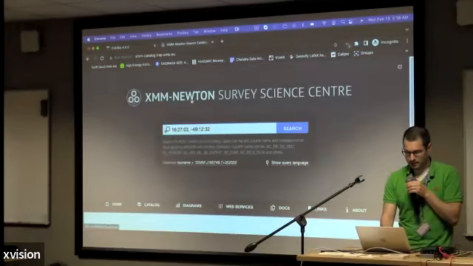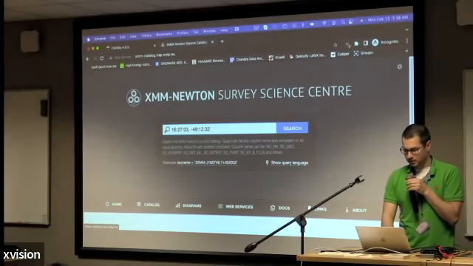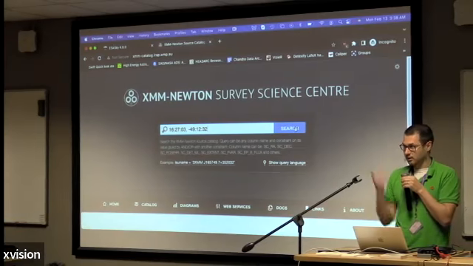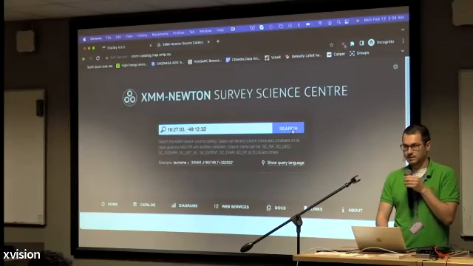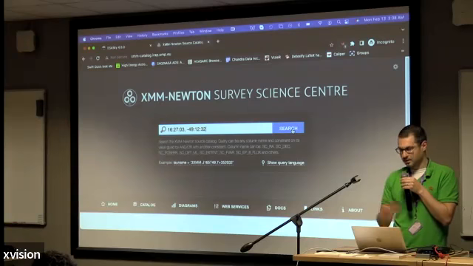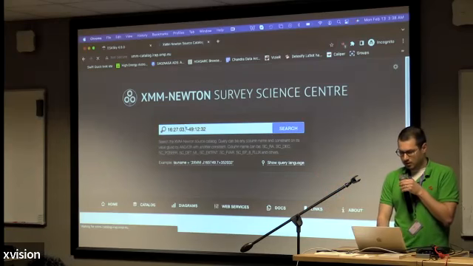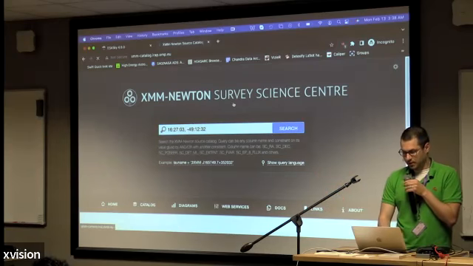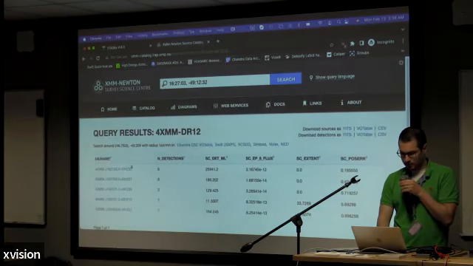Okay, one last thing. There's also a really nice tool through XMM from their source catalogs. So I already talked a bit about the 4XMM source catalog. So they have these tools where basically, let's say you find an X-ray source that you're interested in looking at the spectrum. And let's say you're looking at, I don't know, 100 different sources or something where you don't want to download the data and extract the spectrum every time. You can put in your coordinates and it will load your sources.